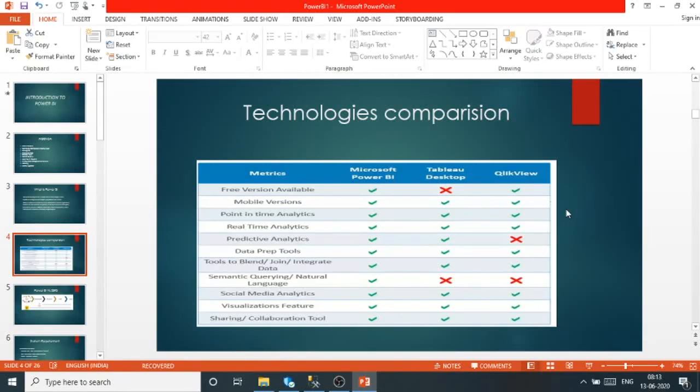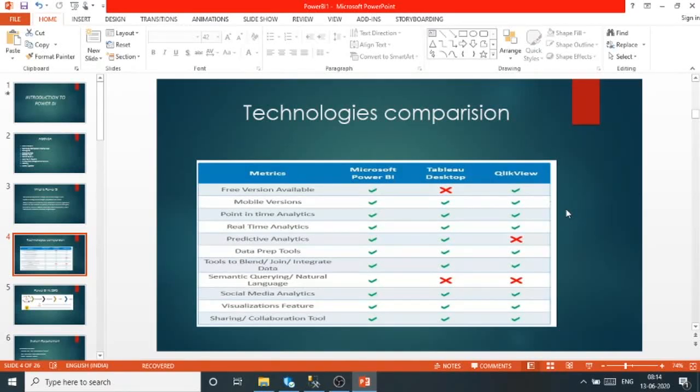Predictive analysis, you cannot do in QlikView, but you can do predictive analysis in Microsoft Power BI and Tableau. Data preparation tool is also available in Power BI, Tableau, and QlikView. Tools and joins, data modeling is also available.